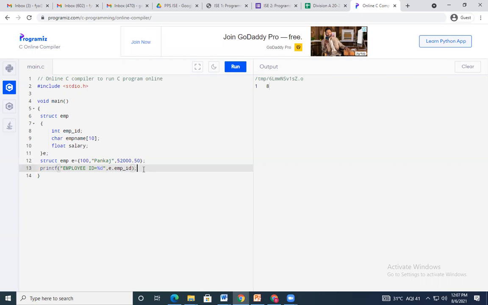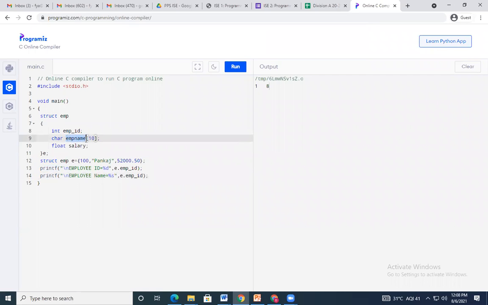Okay, similarly, next, employee name. Employee name is of type character, and I know here I have given a string, so I will use %s to display, and here e.empname.